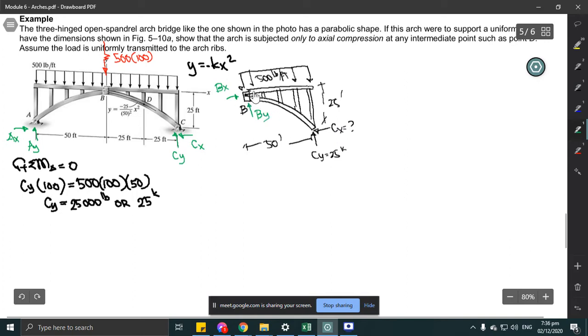So considering this section or this part of the arc system, we can take summation ng moment at point B. Assuming that the clockwise direction moment is positive, so when we take summation ng moment at point B equals to